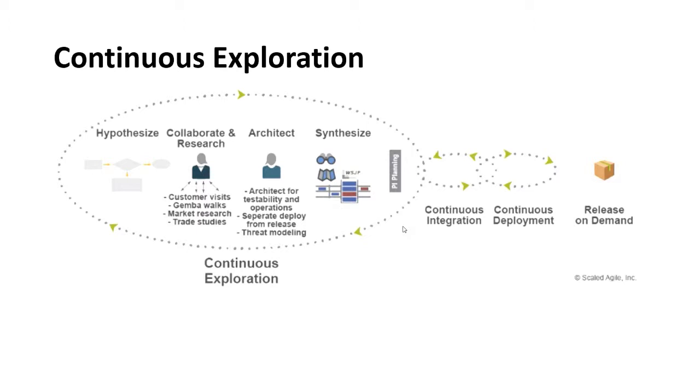The collaboration and research continues that on, and then we have to plan for architecture as well. We do want to do just enough. There's certain things that have to be built in and thought about before going forward. We don't want to do big bang upfront planning, but we do want to build in some things and use certain types of models to help us understand what our roadmap is actually going to be. In fact, the hypothesis, the collaboration and research, and the architecture work that we do in the continuous exploration cycle is synthesized into a vision and a roadmap, and then a program level